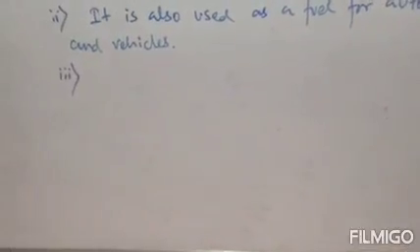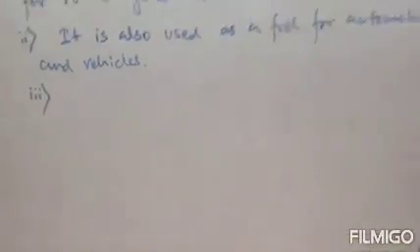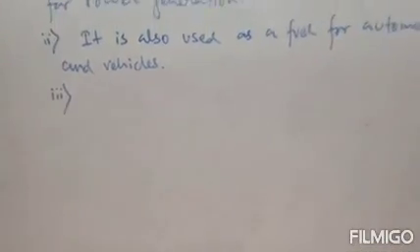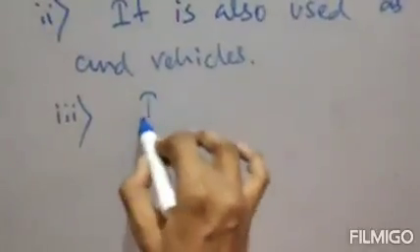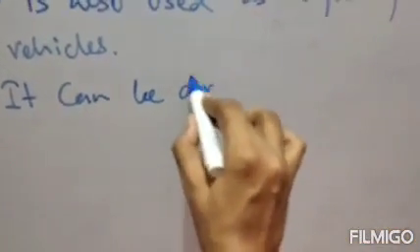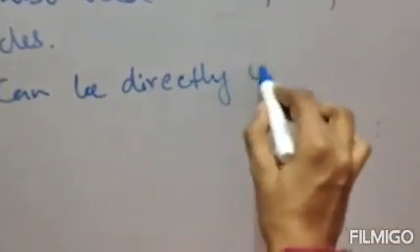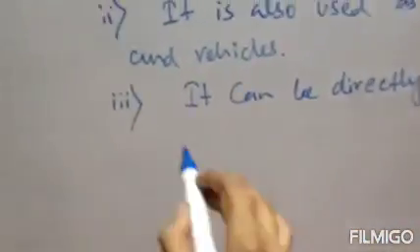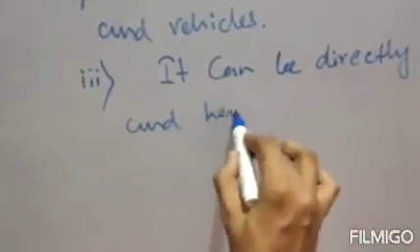Number 3 use, it can be directly used for burning. It can be directly used for burning, and hence it is used also in homes for cooking purpose. Clear? So number 3 use is it can be directly used for burning, and hence